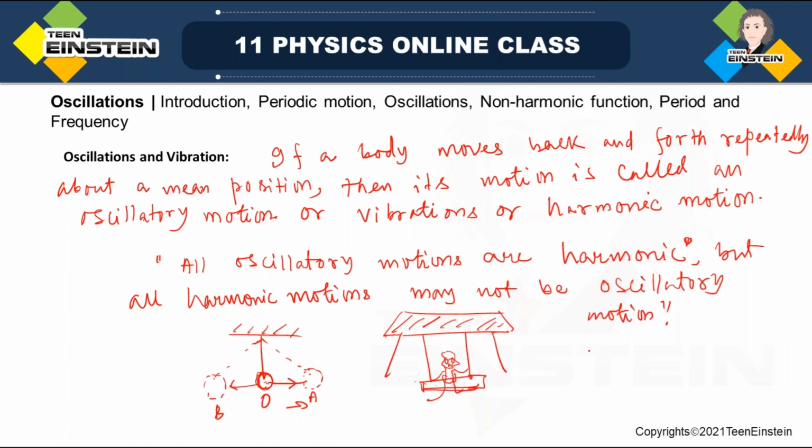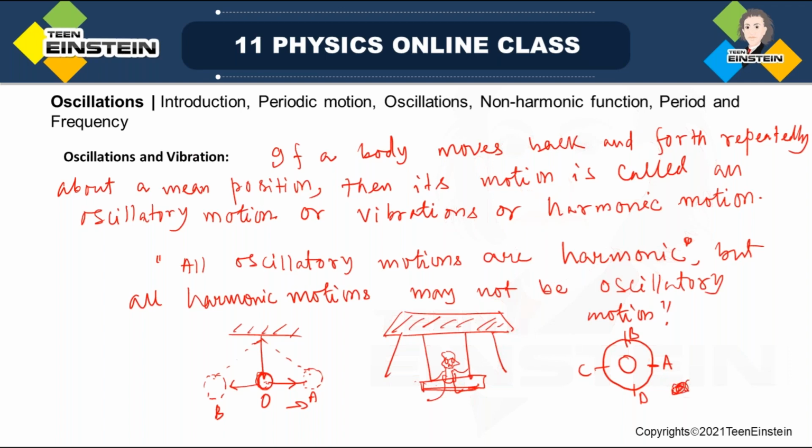But suppose I say the planetary motion, it is also harmonic motion. It is starting from a point about the sun, it goes all the way B, C, D, and comes back to here. But it is not going back and forth. It is just completing one full motion and then again starting from it. So it is actually not going back and forth. So this is not an oscillatory motion.